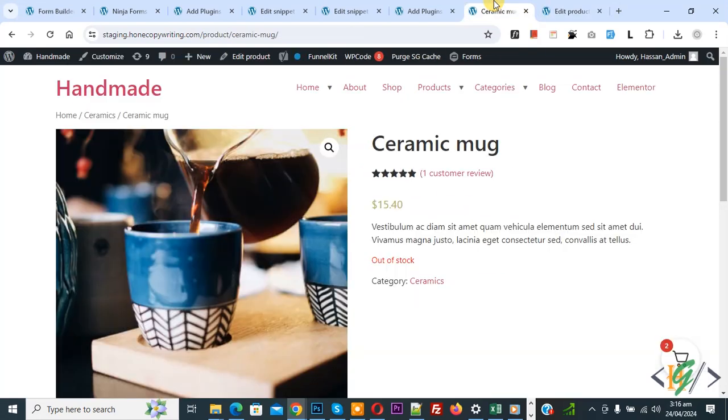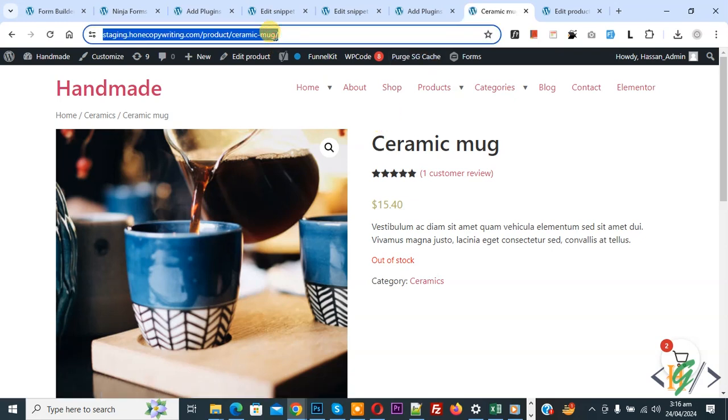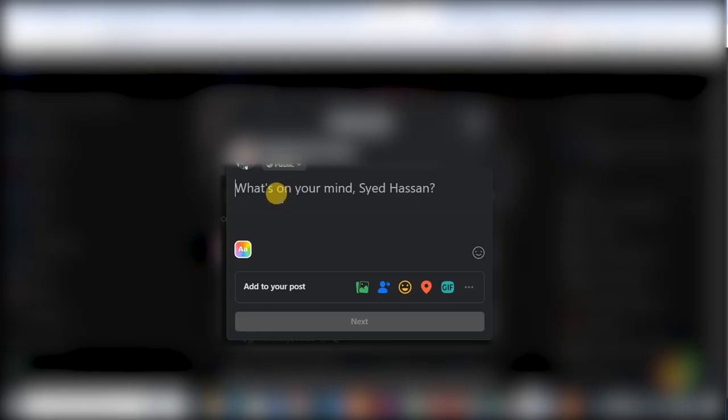Go to product page, refresh the page. If you are using any cache plugin, then remove website cache, then you see purge SG cache. So click on it. Now copy this link and go to social media platform. So you can share your product link on any social media platform. Now paste